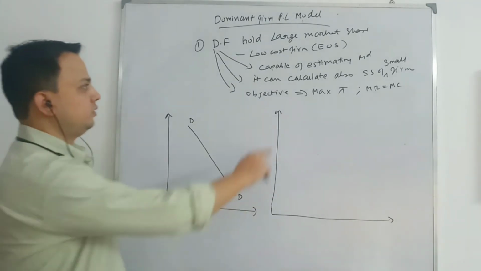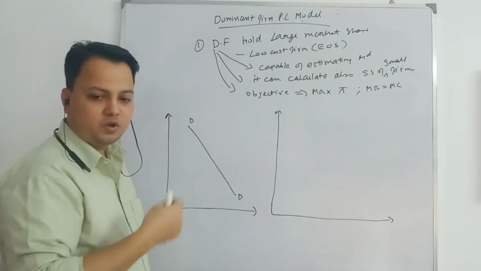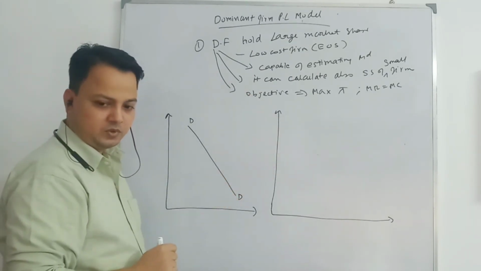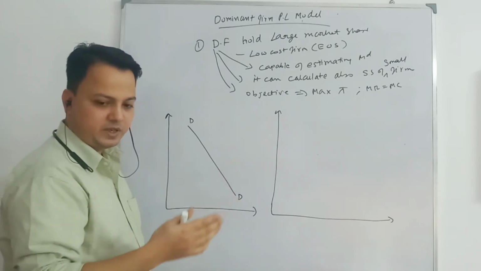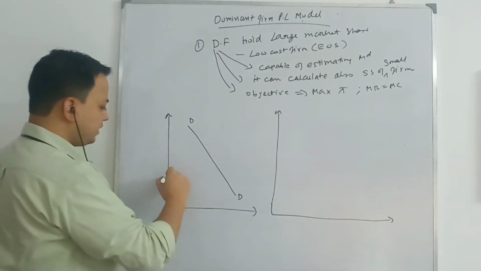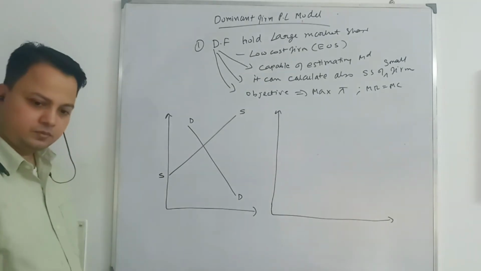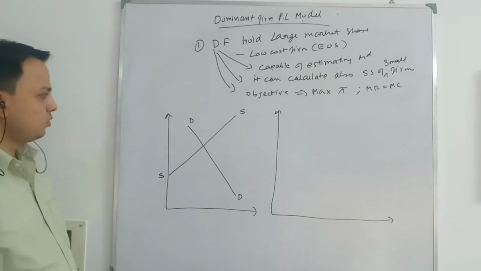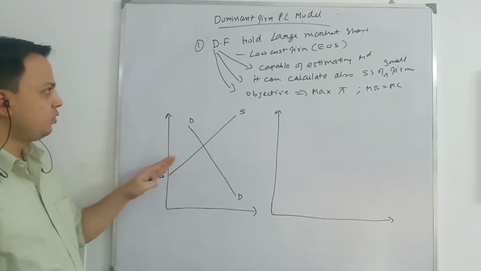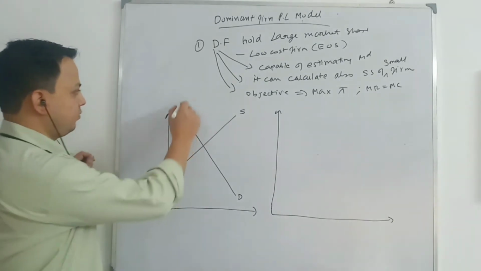Okay, now second thing, what is it doing? It is calculating supply of the small firms. So suppose there are 4 small firms. Okay, this firm is able to collect the data, how much each firm can supply at different prices, and it makes a horizontal summation. Okay, and we arrive at this supply curve, SS. Okay, so the dominant firm is able to estimate market demand. It is able to calculate the supply curve of the small firms, and this is what we get in the industry.